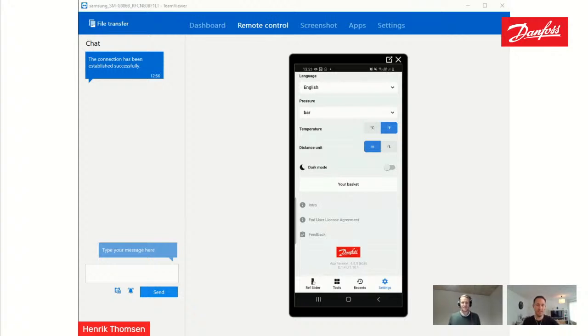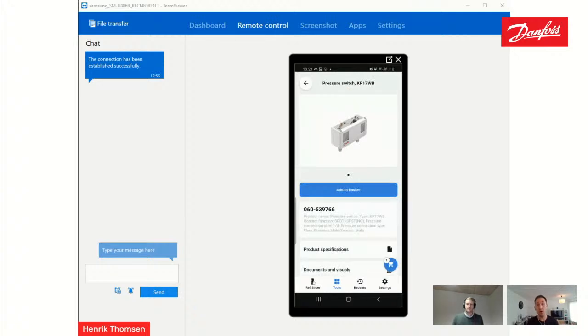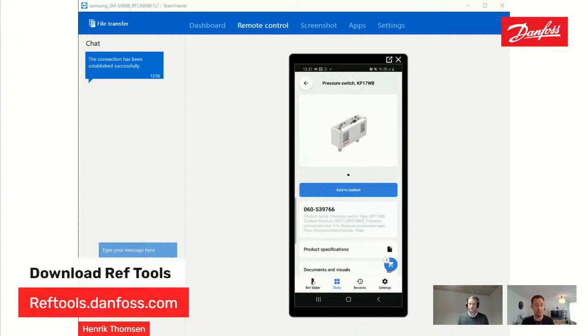Sounds great. Thanks so much for that demonstration and showing us all the cool things that are happening in RevTools now, and then even giving some hints towards the future. So if you're tuning in and you haven't downloaded the app, it's really easy to find in the App Store. You can also go to coolapps.danfoss.com to see all of our mobile apps, including RevTools, or you can go to reftools.danfoss.com to use the browser version. Yeah, we have a browser version too. Plus, you can download the app for Android and for Apple iPhone devices right there from